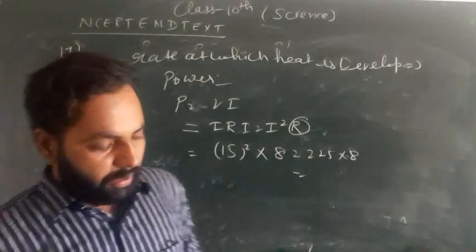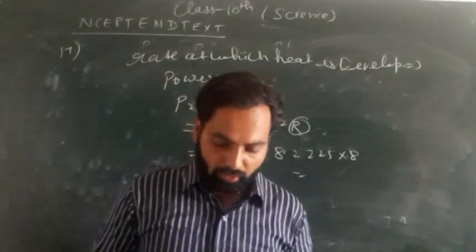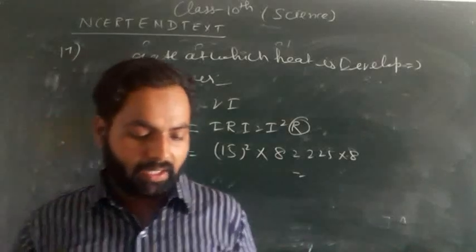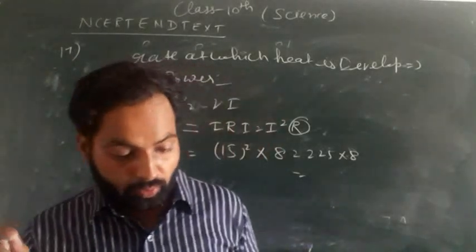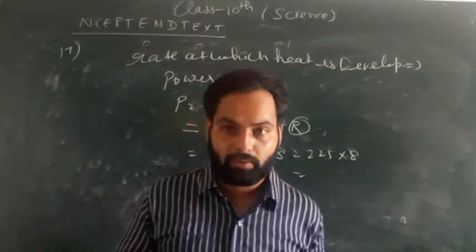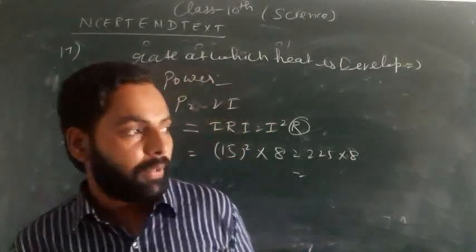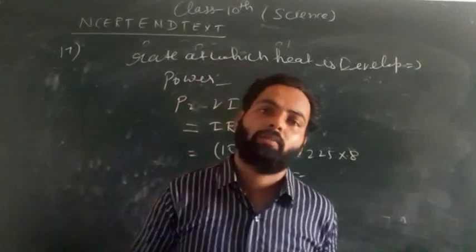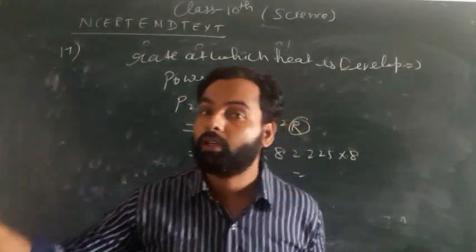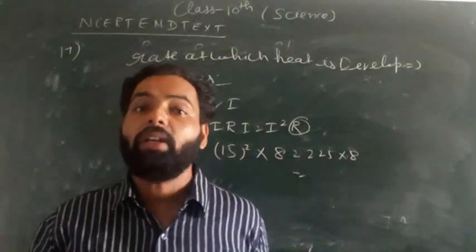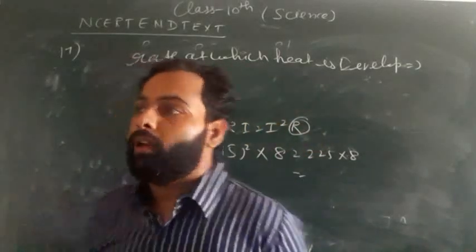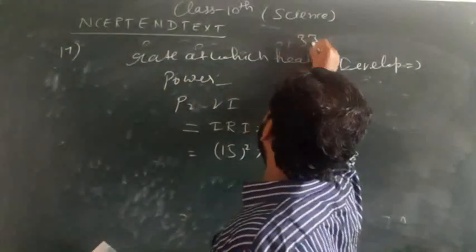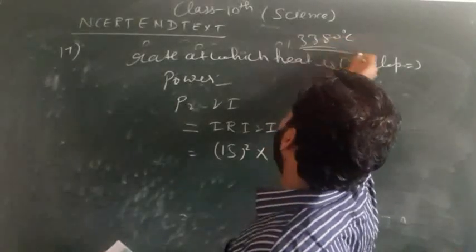Now question number 18, a general question we have discussed earlier also. Why is tungsten used almost exclusively for the filament of electric lamps? That is easy. The filament of the lamp is made of tungsten because tungsten has a high melting point, so it does not burn at very high temperature. That's why it is used for making the filament of the bulb. This is its melting temperature.